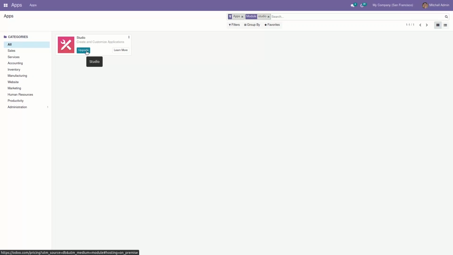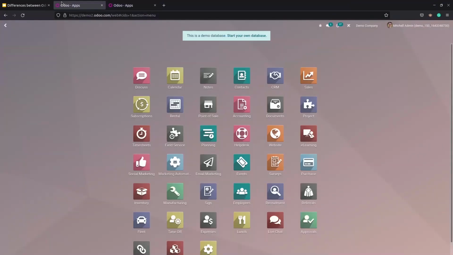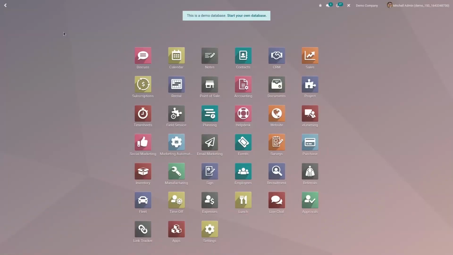So in the community edition of Odoo 15 we don't have an option for studio access, whereas in the enterprise edition of Odoo 15 we have a module called the studio module, as well as a studio toggle to create apps. And with this functionality, screen customization as well as report designs, menu editors, etc. are possible with this studio